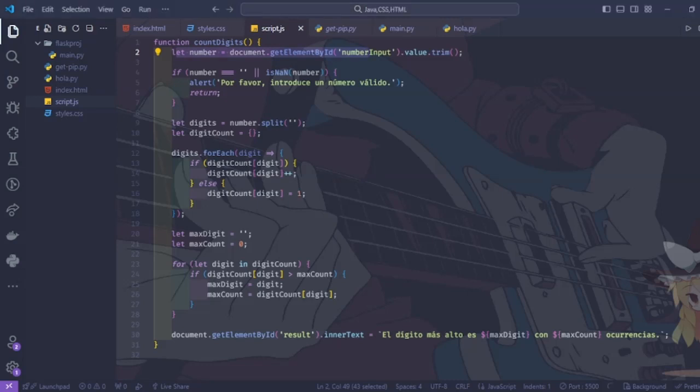Later on we make an input validation, and we confirm with this conditional that if there's no number, or if this doesn't have a valid number, this will basically show me an alert that says por favor introduce un número válido, or please introduce a valid number, and this will return nothing. Well, later on we basically made a